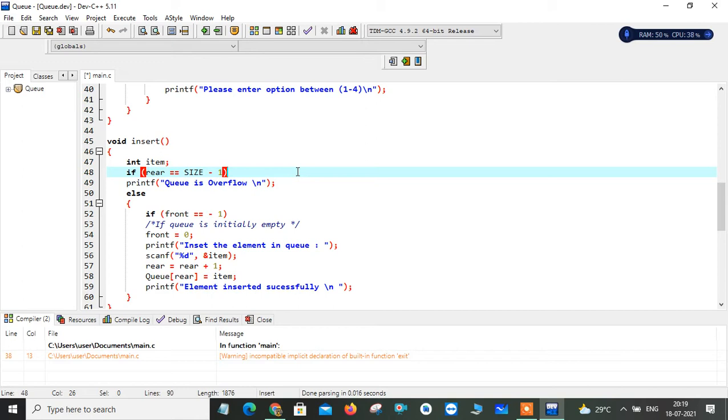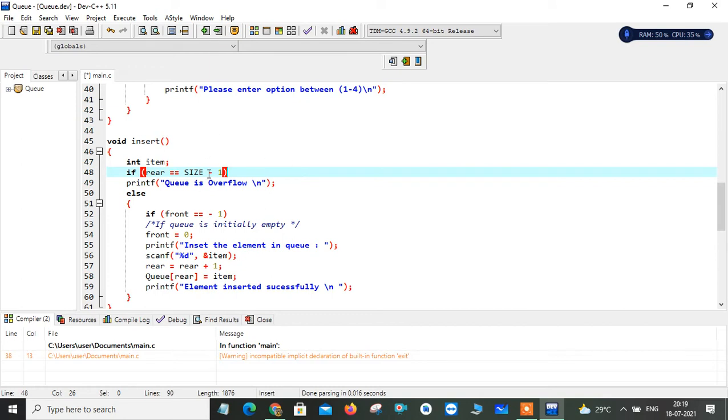So when I'm trying to insert a new element into my queue, in that situation my queue is already filled. So before I gave my size of queue as 25, right? So if I already inserted 25 elements, and then I'm trying to insert one more element, that is the 26th element into my queue, then that is the situation of queue overflow.